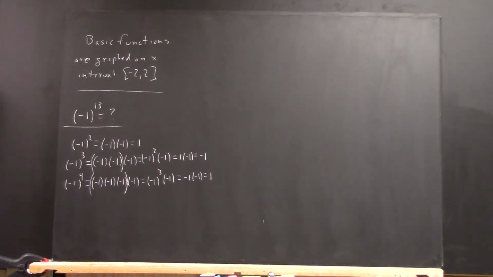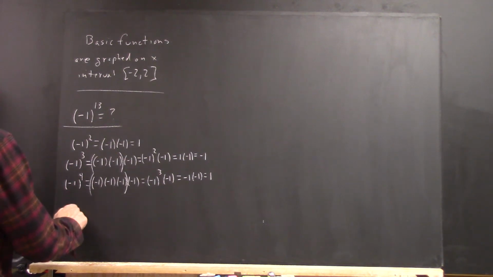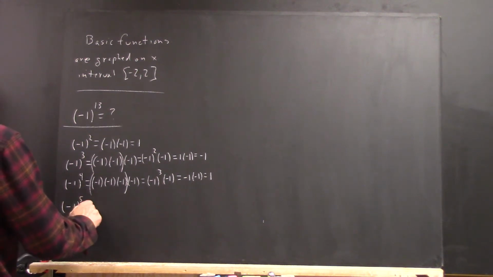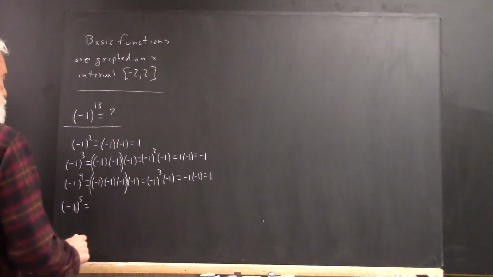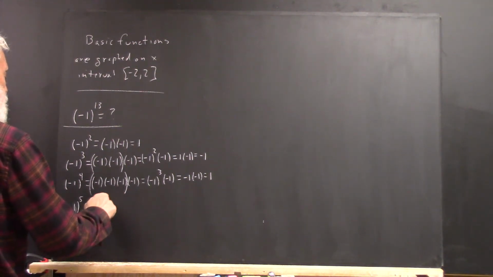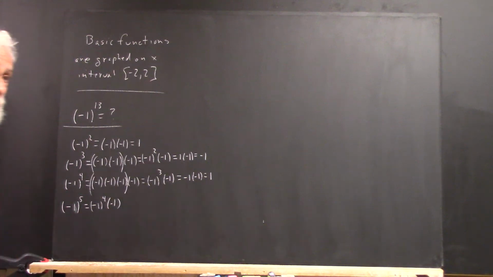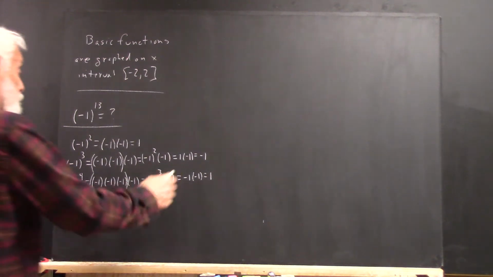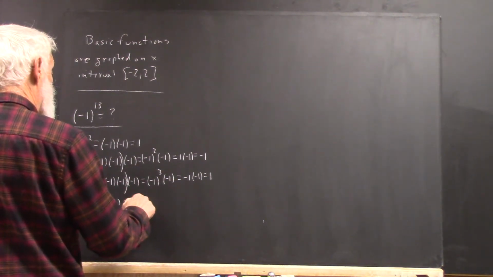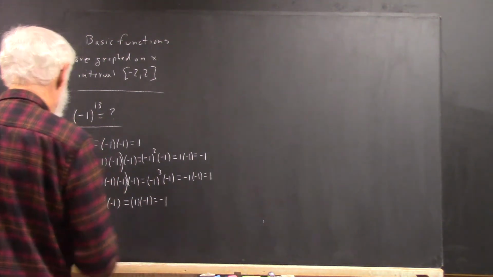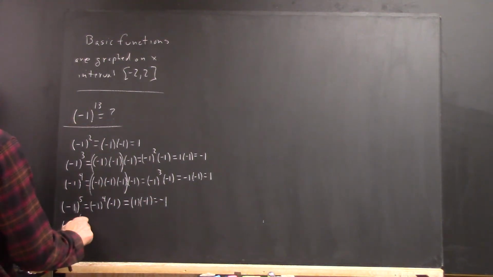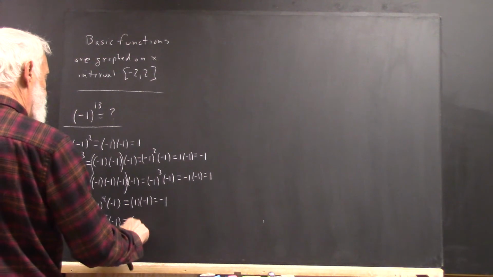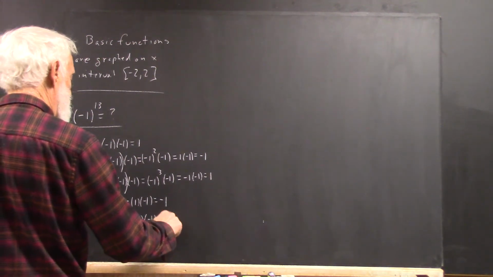Now, I'm going to abbreviate this a little bit. -1 to the 5th, not -5. I'm not going to write out all the -1s. I'm just going to observe that's -1 to the 4th times -1, isn't it? Because you're going to have 5 of them. You group 4 of them, you get -1 to the 4th, and -1 to the 4th is 1. That's 1 times -1, which is -1. And -1 to the 6th is -1 to the 5th times -1, which is -1 times -1, which is 1,